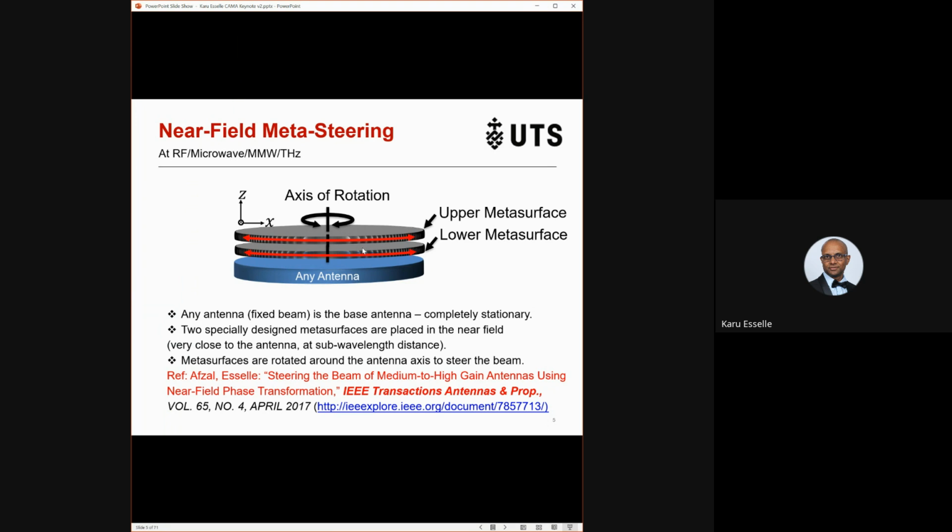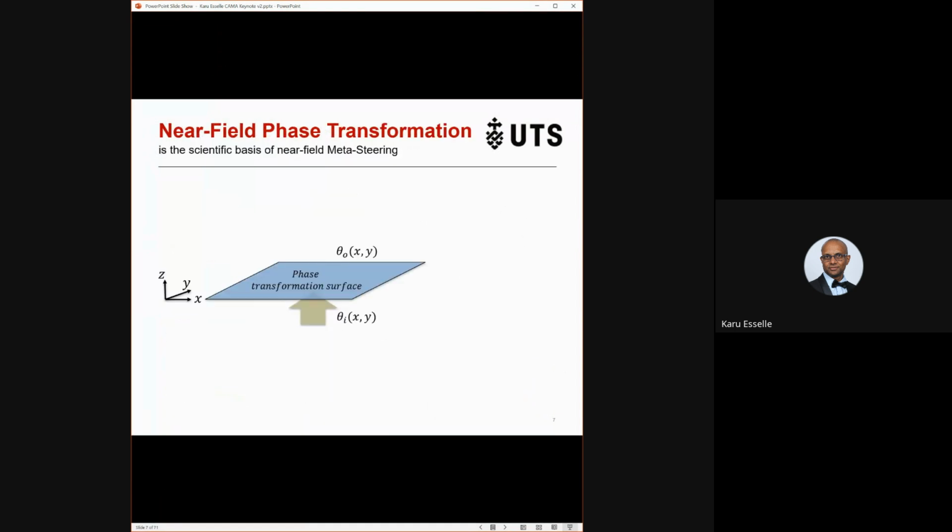The first prism, the first metasurface, and the second one transform that near field phase to another. So the generic principle behind this is called near field phase transformation. Near field phase transformation is that you design a phase transformation surface. You can call it